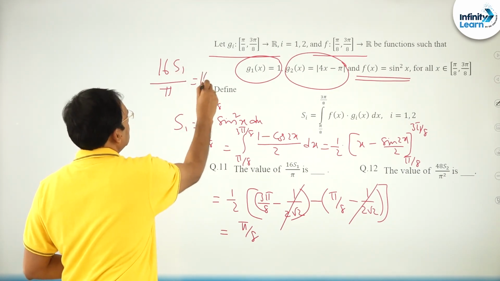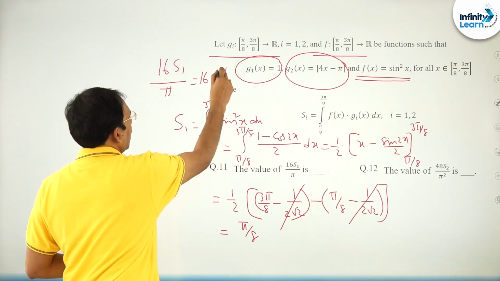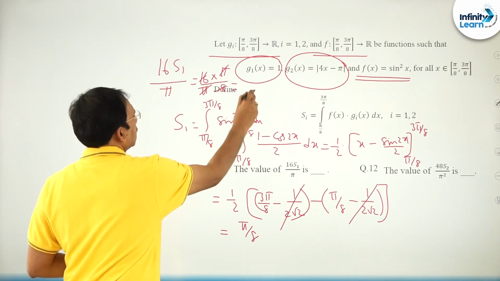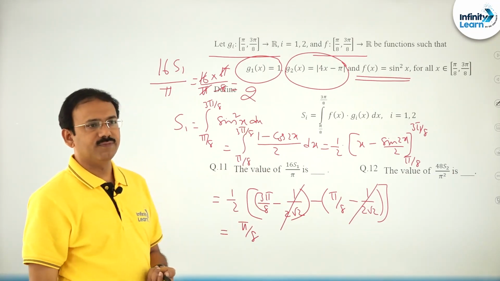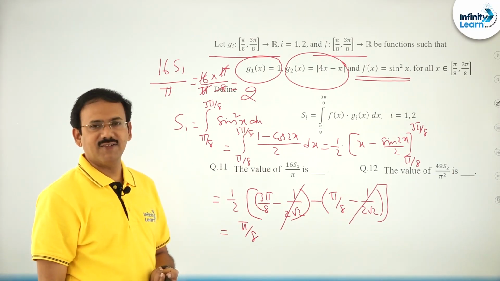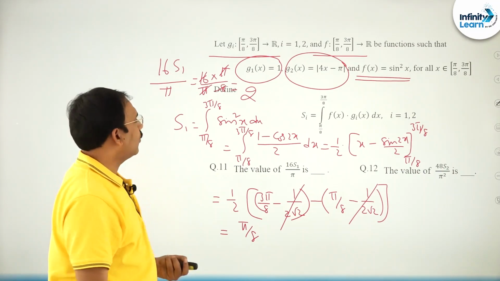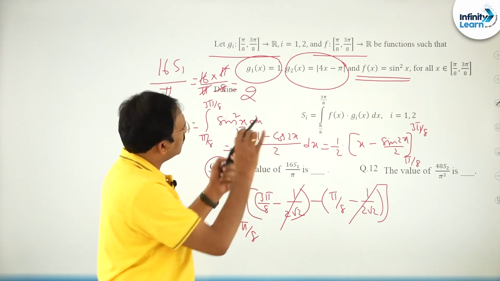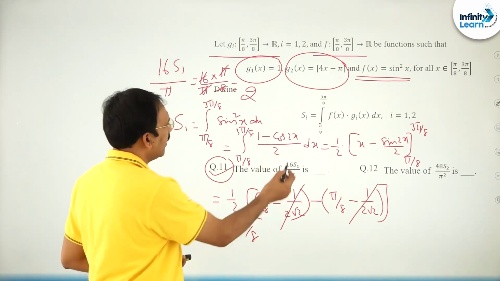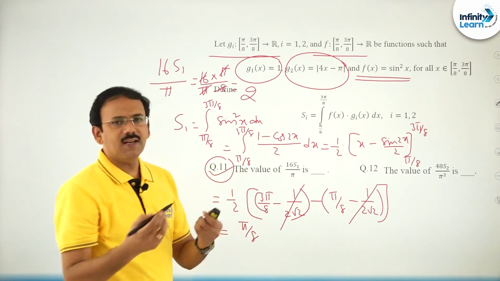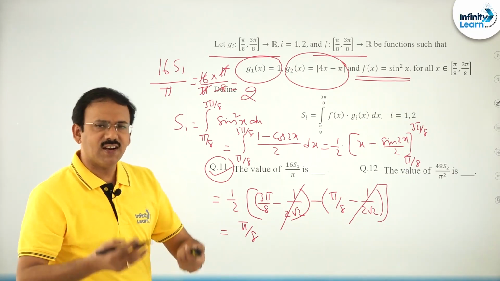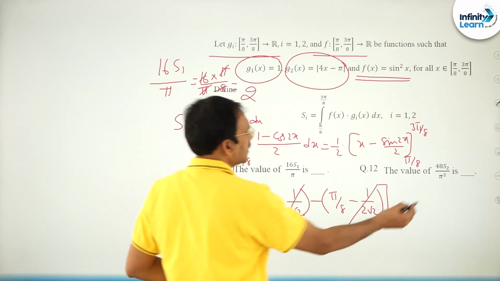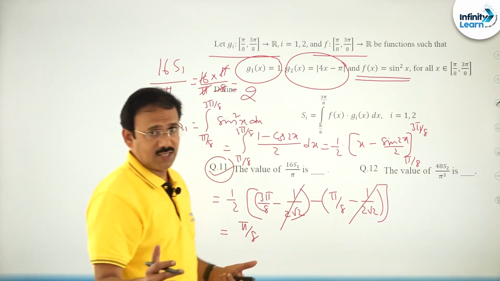You see, 16 into S1 is pi by 8 by pi. You can cancel, and the answer is going to be 2. That is all, isn't it my dear friends? So it is very simple. The first question is a basic question; if you just understand, you can easily do it. S1 means the integral from a to b of sin square x, which is the routine question, we can do this. Now whereas the second question my dear friends, any doubt in this regard?